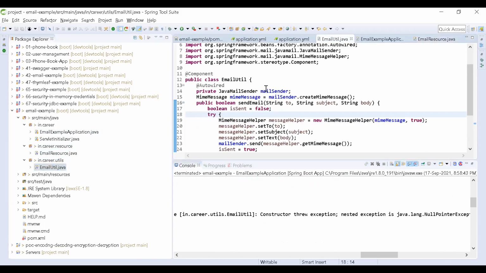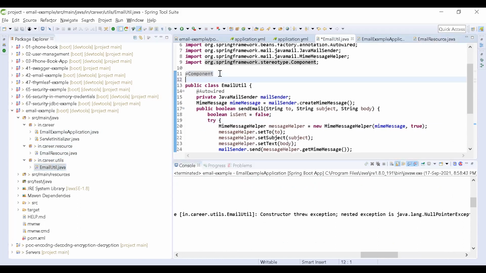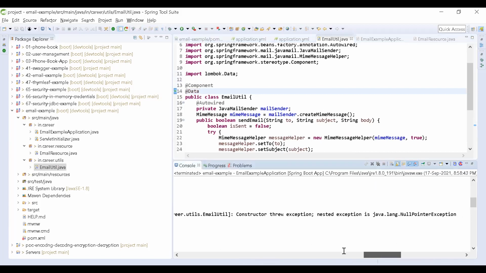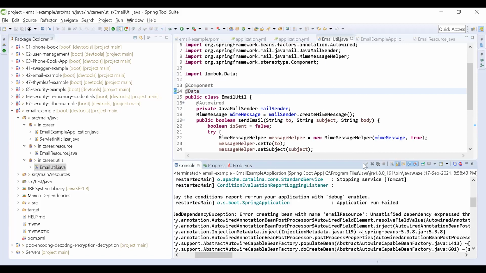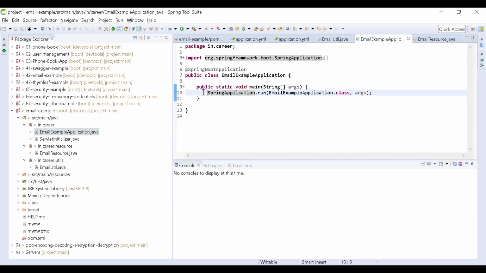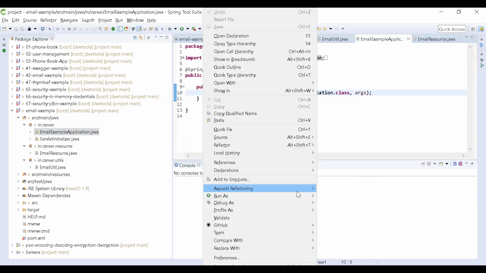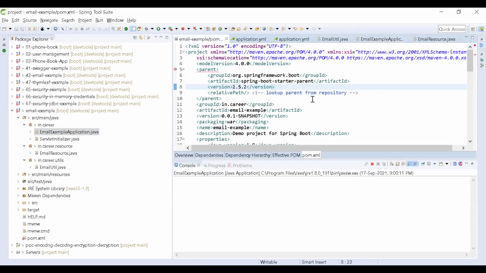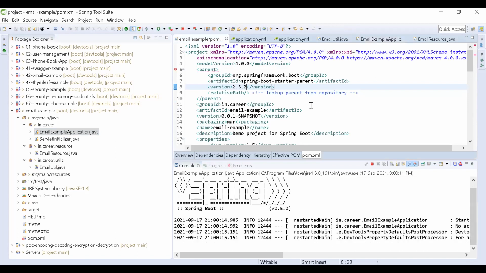So I'm going to write @Data here. I'm putting the data annotation, and its version should be lower than 2.2 only.